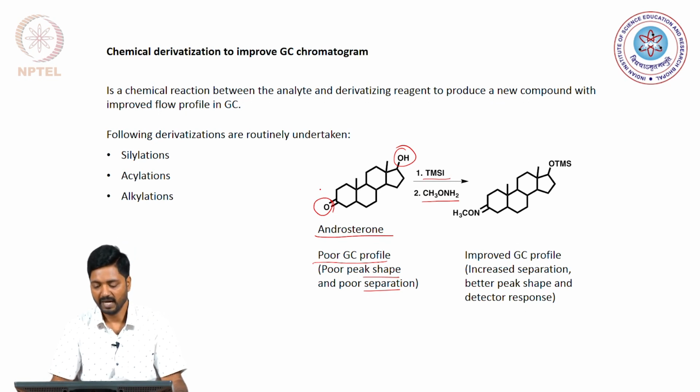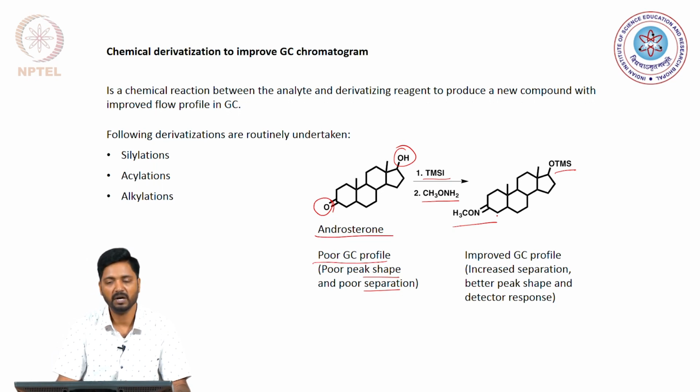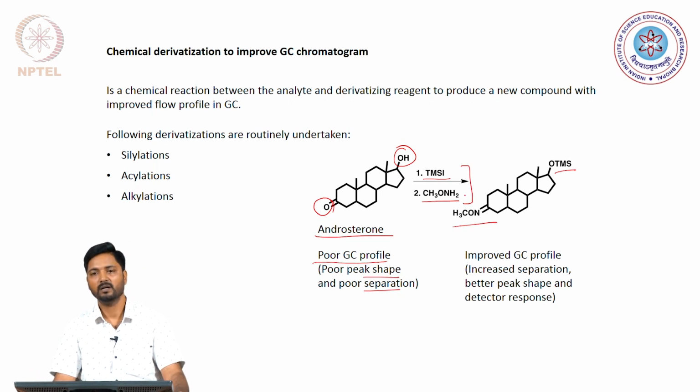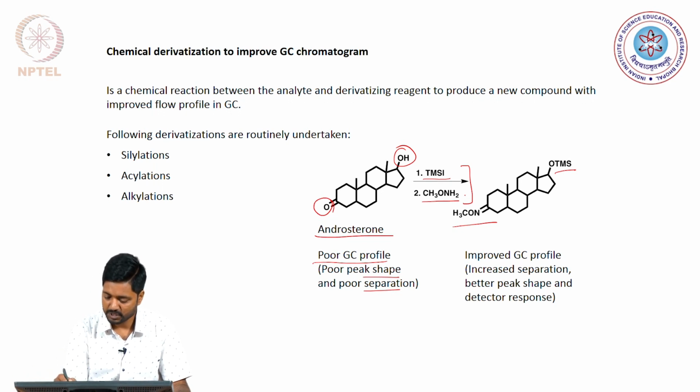So, as a result of this derivatization we attach the trimethylsilyl residue onto the hydroxyl group, and similarly we make an oxime out of the ketone residue, and this new compound which is readily formed by using the reagents TMSI and methoxyamine will give a much improved gas chromatographic profile, that means increased separation, better peak shape and improved